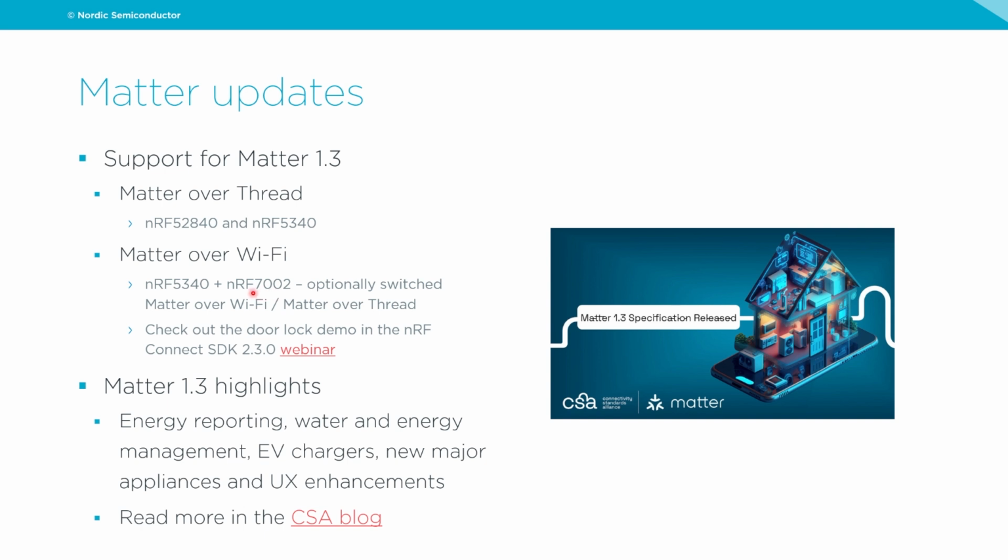So that hardware combination also offers the option of switched Matter over Wi-Fi and Matter over Thread. So you could essentially create a device that runs as Matter over Wi-Fi out of the box. And then if the customer has a Thread border router, they could switch to Matter over Thread operation, which would extend battery life. So if you're interested in this solution, I recommend checking out the nRF Connect SDK 2.3.0 webinar, where we also had a demo of this door lock sample that switches between Matter over Wi-Fi and Matter over